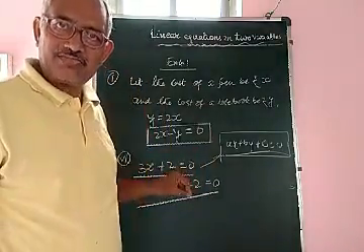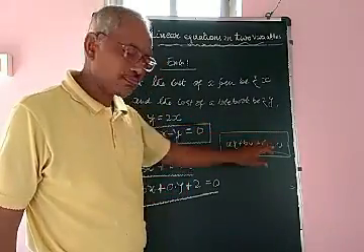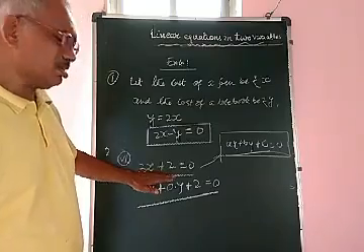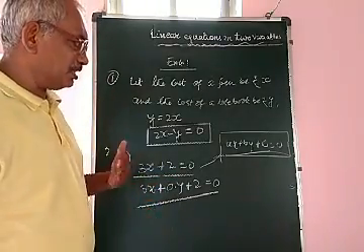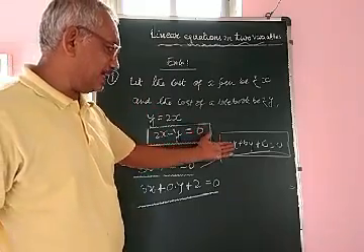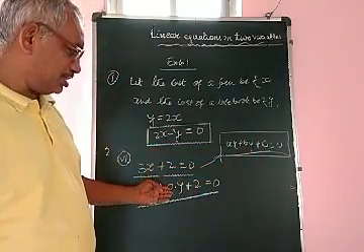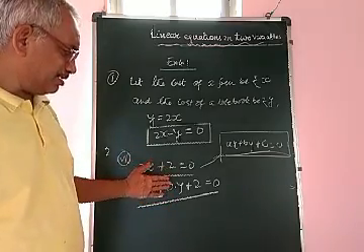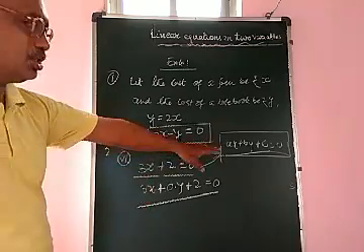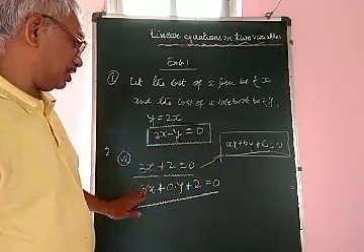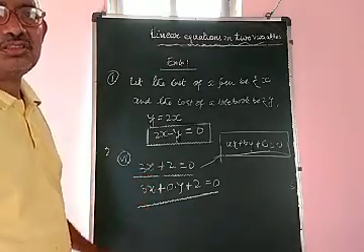We can express this equation in this form, but this is not the linear equation in two variables, because in the definition we find that a and b are not equal to 0, and here we find that b is equal to 0. So since you have to write the given equation in this form, we write this equation in this form. But this is not a linear equation in two variables.